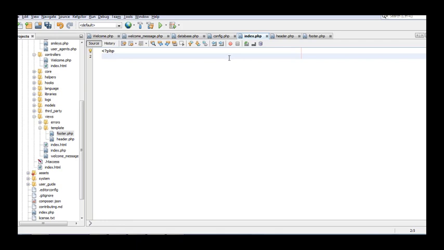Okay, so firstly we need to call this one, $this->load->view. This is under the template folder. So first we call template slash header,